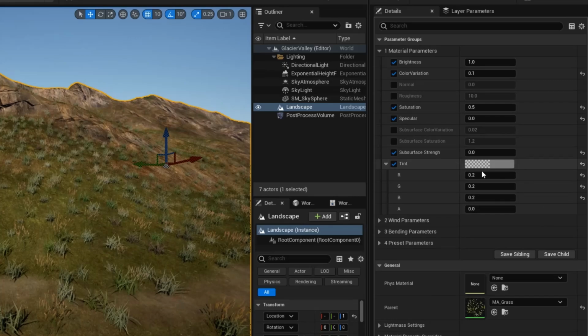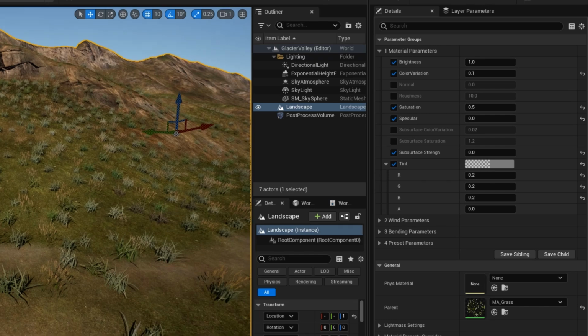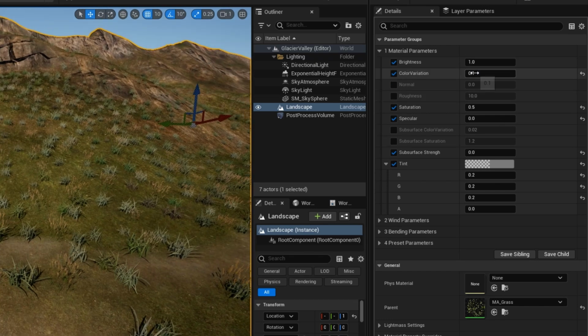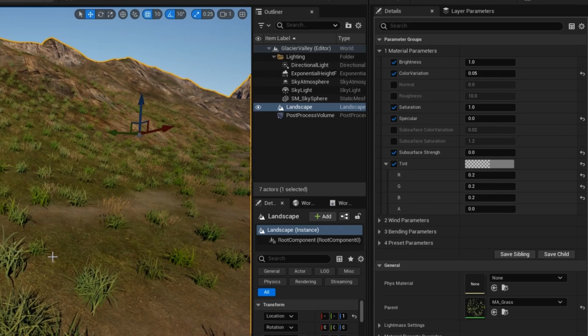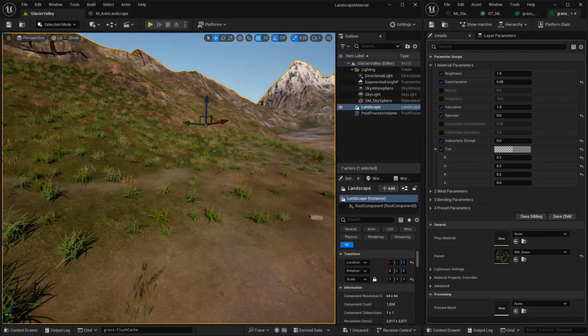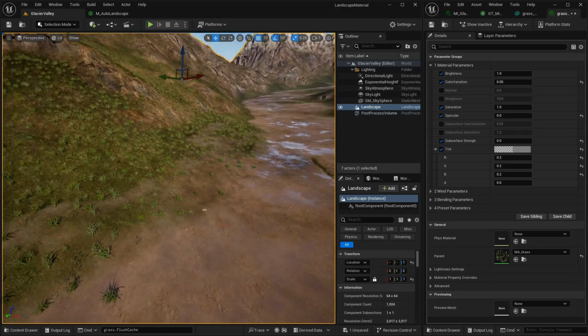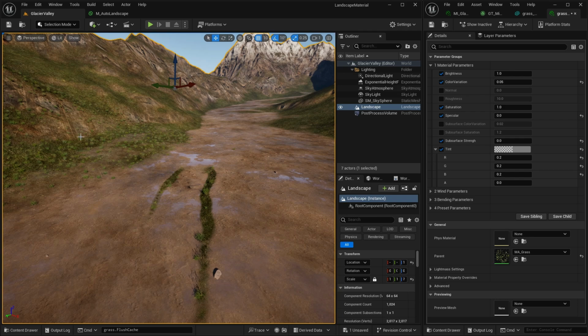Again, you can play around with these. This is where your art direction takes control and you decide what you want it to look like. Actually, that's probably too much variation, so let's go back to roughly what it was, sort of 0.05, sort of half of it. I'm actually going to put the saturation back up because I do like having the green in there, and as I said, once we blend it into the color underneath, it's going to look pretty good. So let's stick with that, and we'll call it a day for today's tutorial. So you can obviously play around with this, and you can add more grasses to this layer.